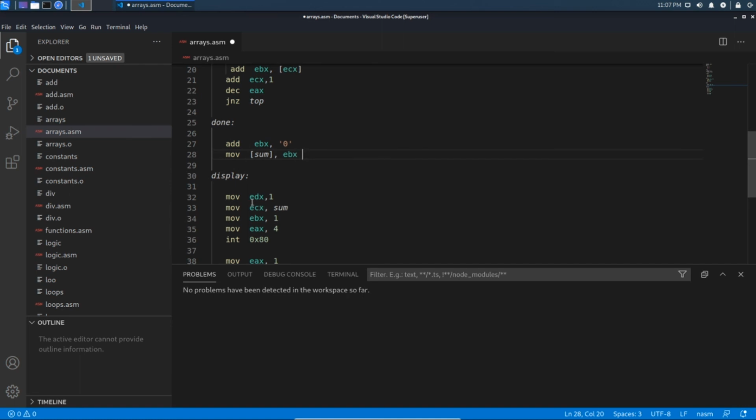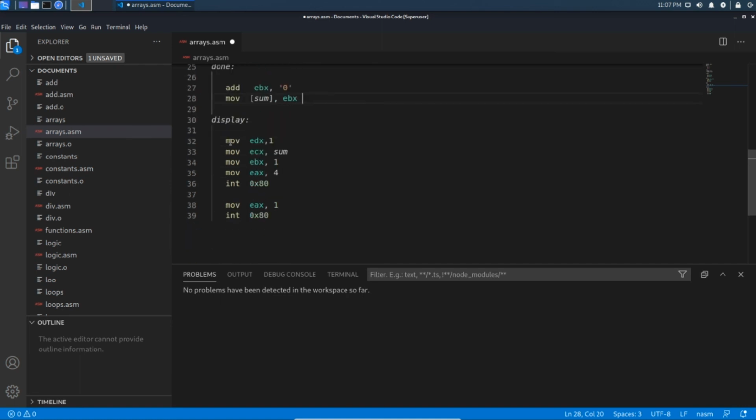While displaying, the previous procedure is followed: moving the number of bytes to the EDX register, the memory address to the ECX register, and the file descriptor argument to the EBX register. This is the stdout file descriptor. For 4 it will invoke the sys_write system call, interrupting the kernel with 0x80, and at last we exit the program successfully by passing 1 to the EAX register, which is the exit system call we are invoking.